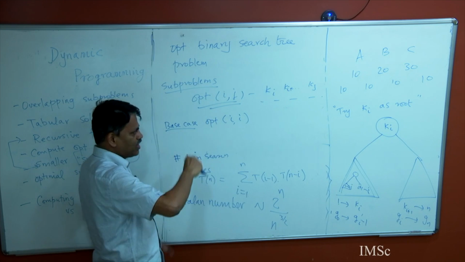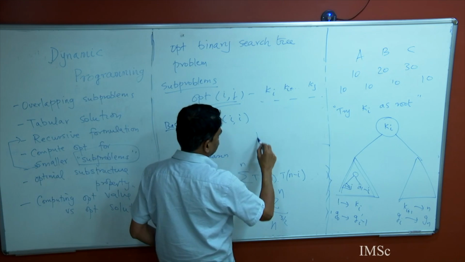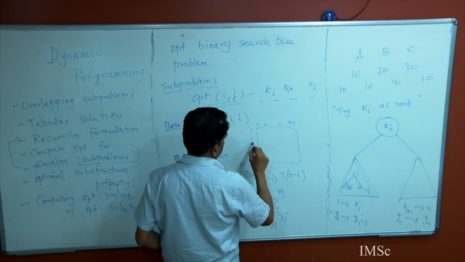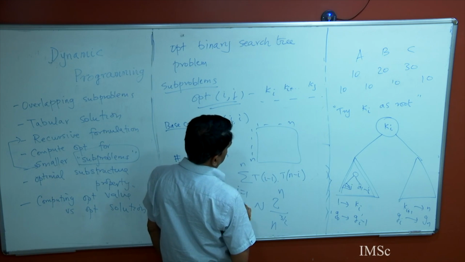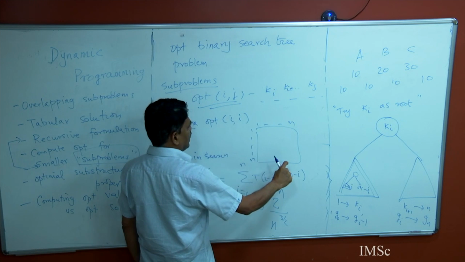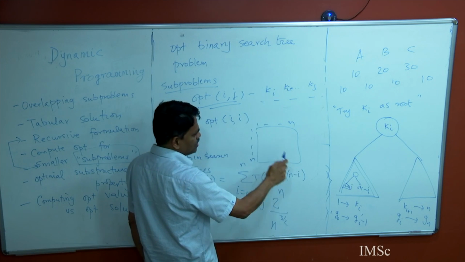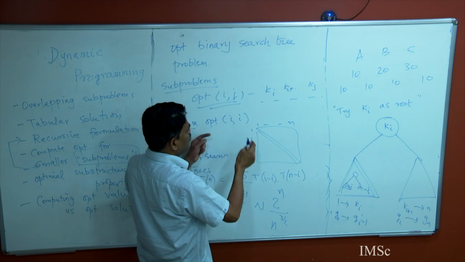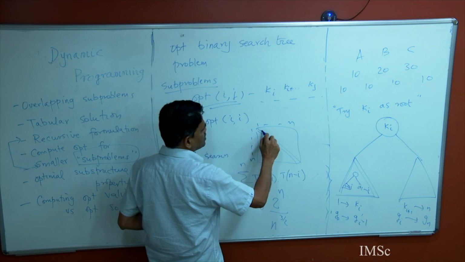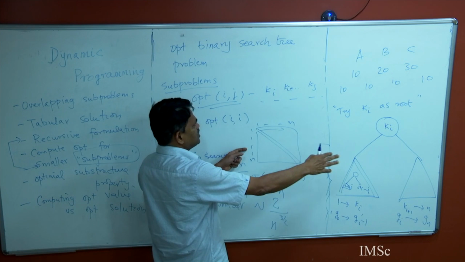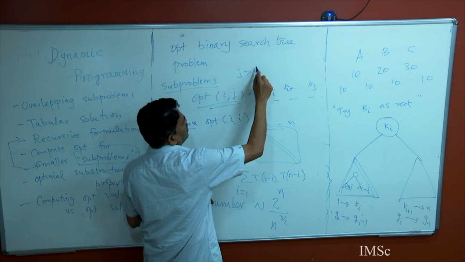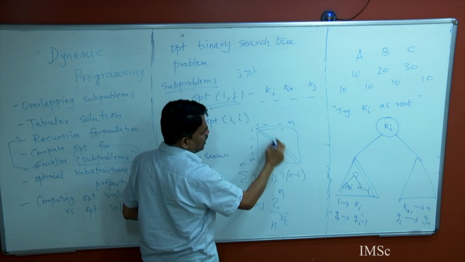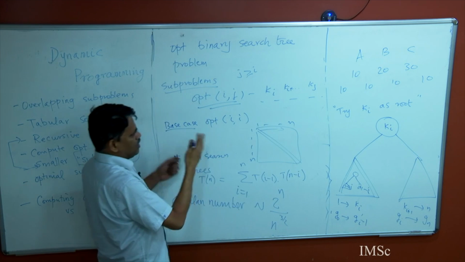So here you will compute this table, 1 to n and 1 to n, and you are doing it in a diagonal fashion in some sense, because on the diagonal it will be 1, 1, 2, 2, 3, 3, and then you are going to compute this upper diagonal thing, because i to j, where j is greater than or equal to i. So, you will do diagonal by diagonal,